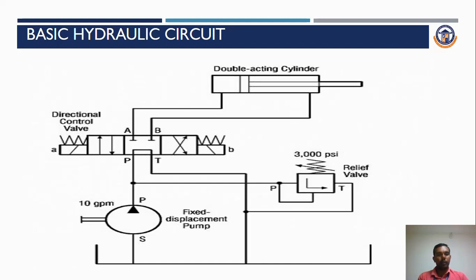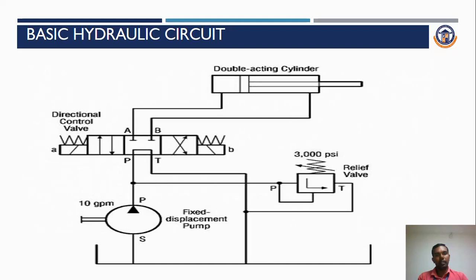From reservoir to pump, pump to direction control valve, the fluid moves from P port to A port, which moves into the double acting cylinder at the head position of the cylinder. The cylinder will extend. The oil at the rod end of the cylinder will be stored into the tank. This is the forward stroke that happens in that particular basic hydraulic circuit. Similarly, you can see that